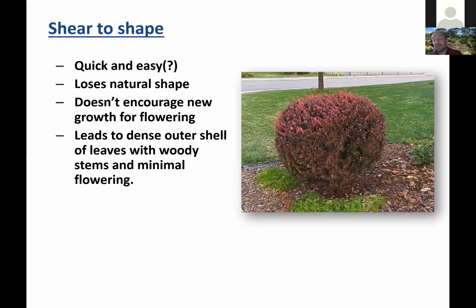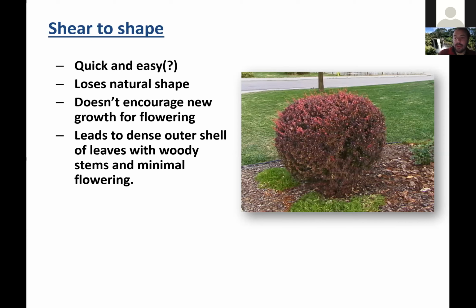because shearing requires getting the hedge trimmers working, and then it requires cleaning up all the little branches that come off the shrub with a rake. It's quite time intensive, and then loading up the car. Whereas when you thin, you just have to grab the 3, 4, 5, 6 branches you thin out. They're big long branches, easy to pick up, put them all in the car once, and you're done. You also have to make a few cuts. So some people say it's quick and easy. I kind of question that.